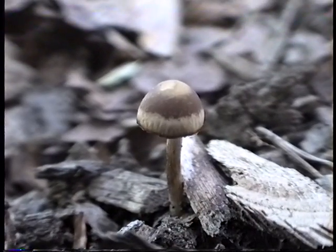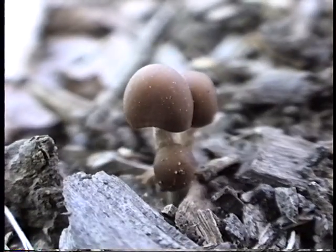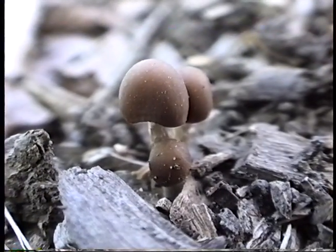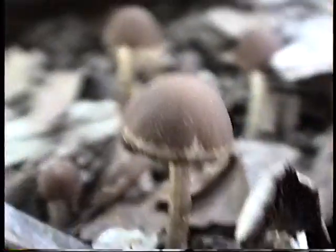I think these are Chanterelles. Growing in wood chips, next to the other ones I just pointed out. Could be...